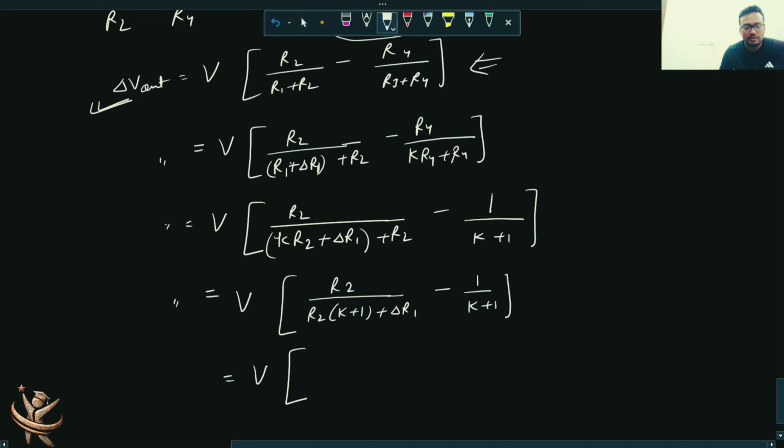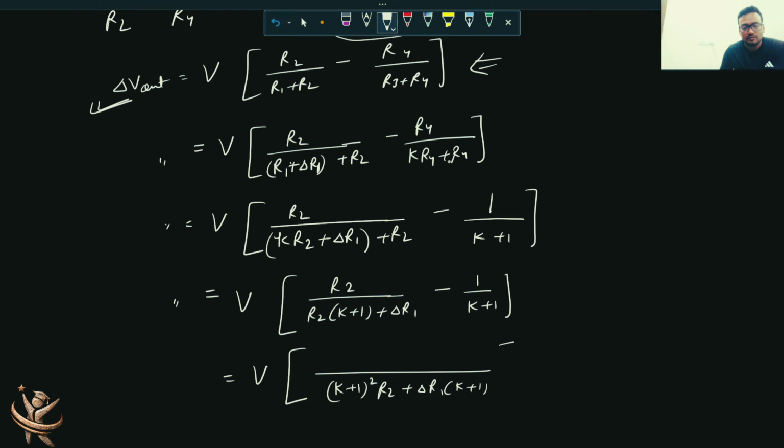Step by step I'm going. And if you just simplify it, it will be K plus 1 whole square into R2 plus delta R1 K plus 1. That is the denominator. And R2 K plus 1 will get cancelled out. So you're left with minus